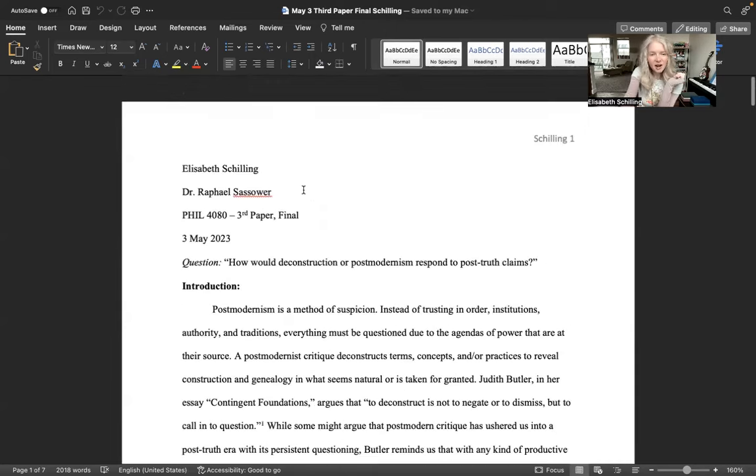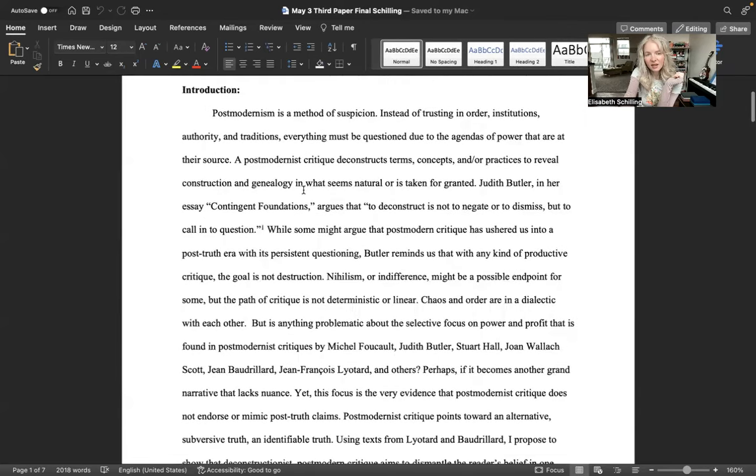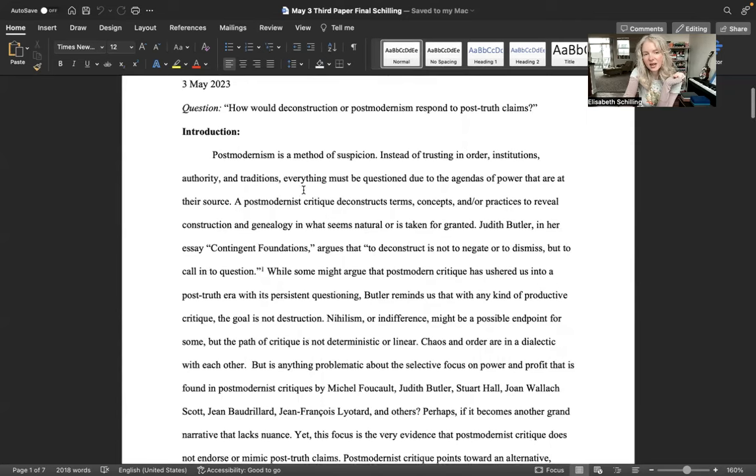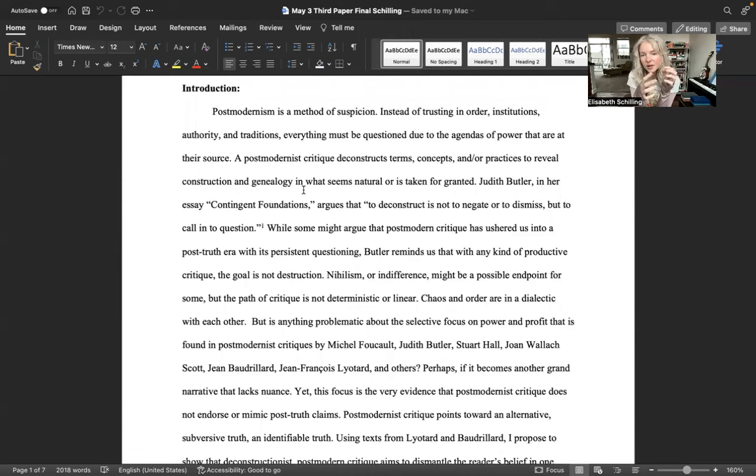So, okay, I'm going to just start reading my paper. Again, the prompt was, how would deconstruction of postmodernism respond to post-truth claims? So I'm reading my paper to you both so you can get an idea of the philosophy paper and how it flows. Not that this is an example of the best paper ever, but I felt better about it than I did maybe about my second paper, because I wasn't BSing. I was sincere: these are my real thoughts, you know? And so sometimes,